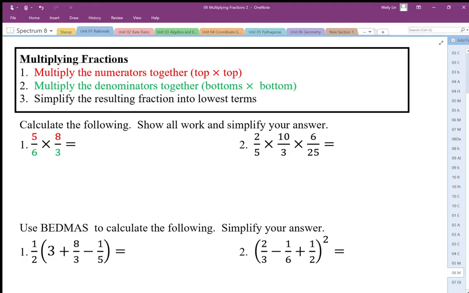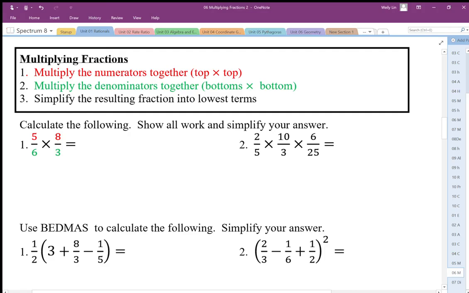Everything that's on top is a multiplication, so if we have times, it goes onto the numerator. And then the denominators are all divide, and we can combine the divides on the bottom with multiplication. So it's top times top, bottom times bottom. So when we have this fraction here, 5/6 times 8/3, really the top is a multiplication, the bottom is division, so we're just going to group them all together,